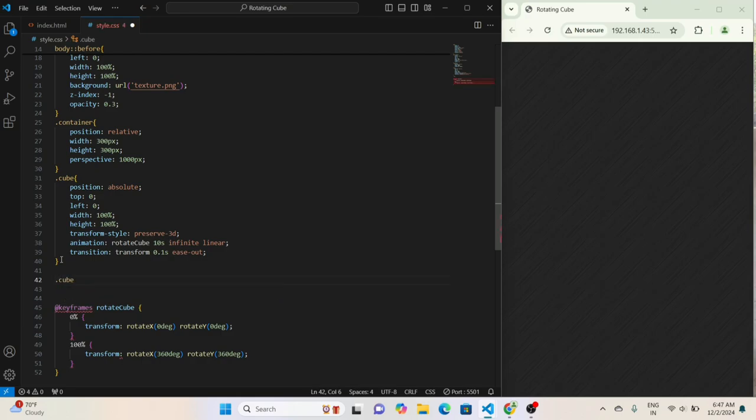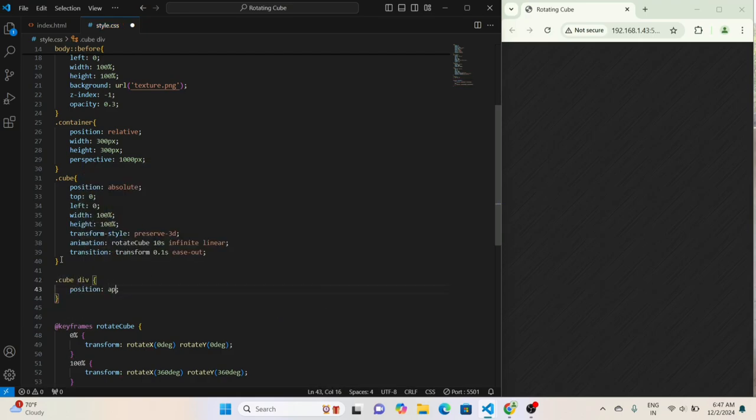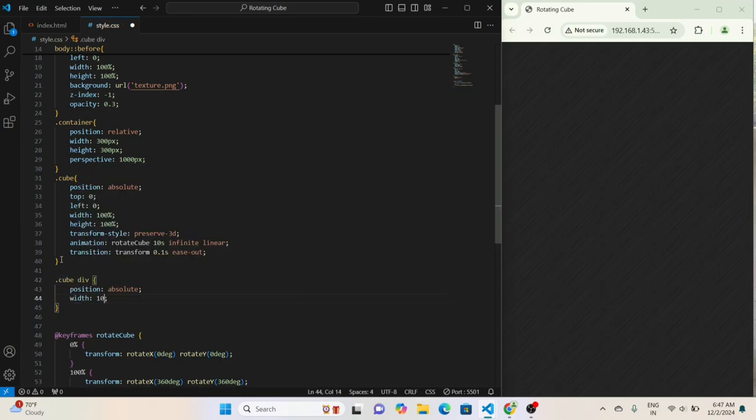Now, let's style the 6 cube faces. We'll start by setting a border for the wireframe look and a background with gradients to give a glowing effect.